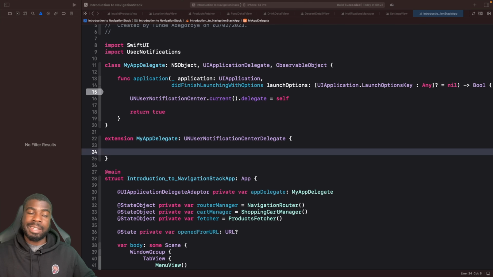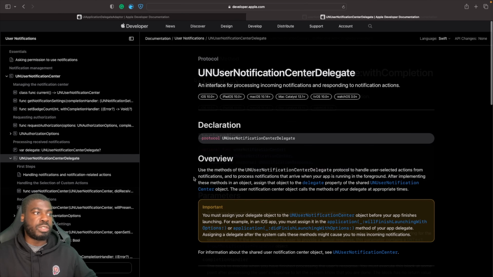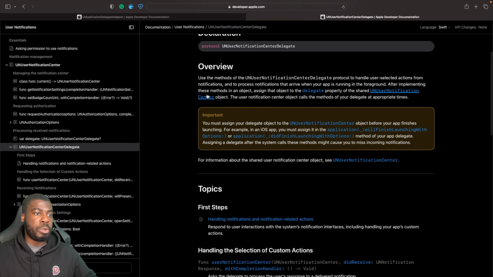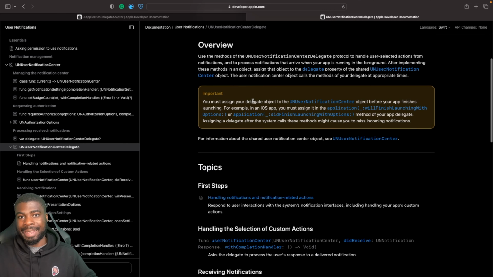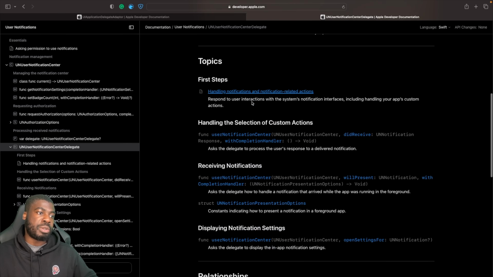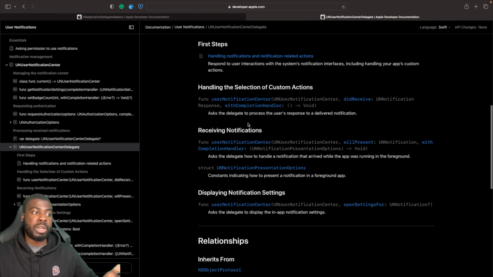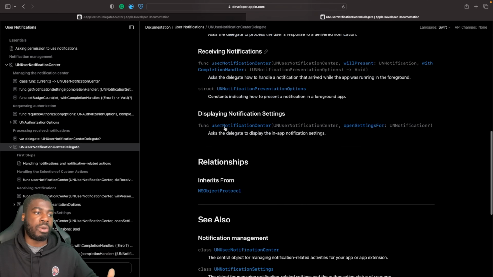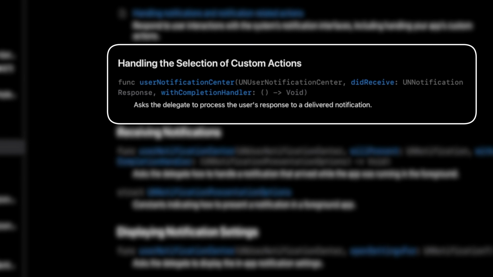So we just go back to the Apple documentation for the UNUserNotificationCenterDelegate. So if you just go to this protocol here, you'll see as you scroll down, there's information about how you need to assign the delegate, which is what we just did. But there's a whole bunch of actions telling you in terms of what it is you can do with this protocol. So the one that we actually want to work with is receiving a notification. Now there's actually something here called didReceive UNNotificationResponse. So if we just click on